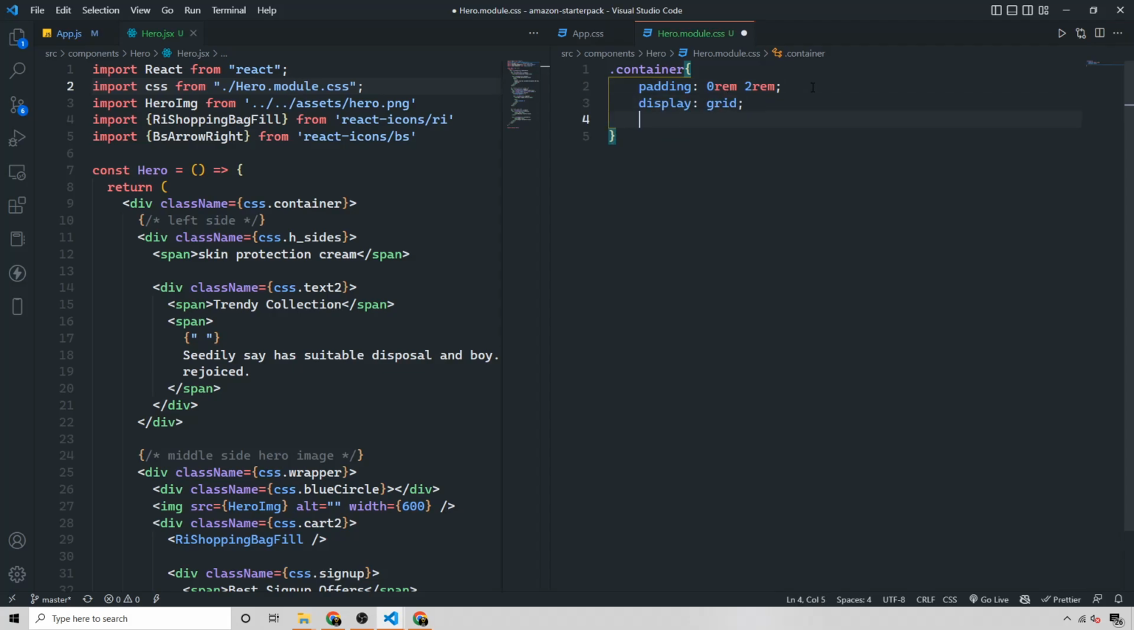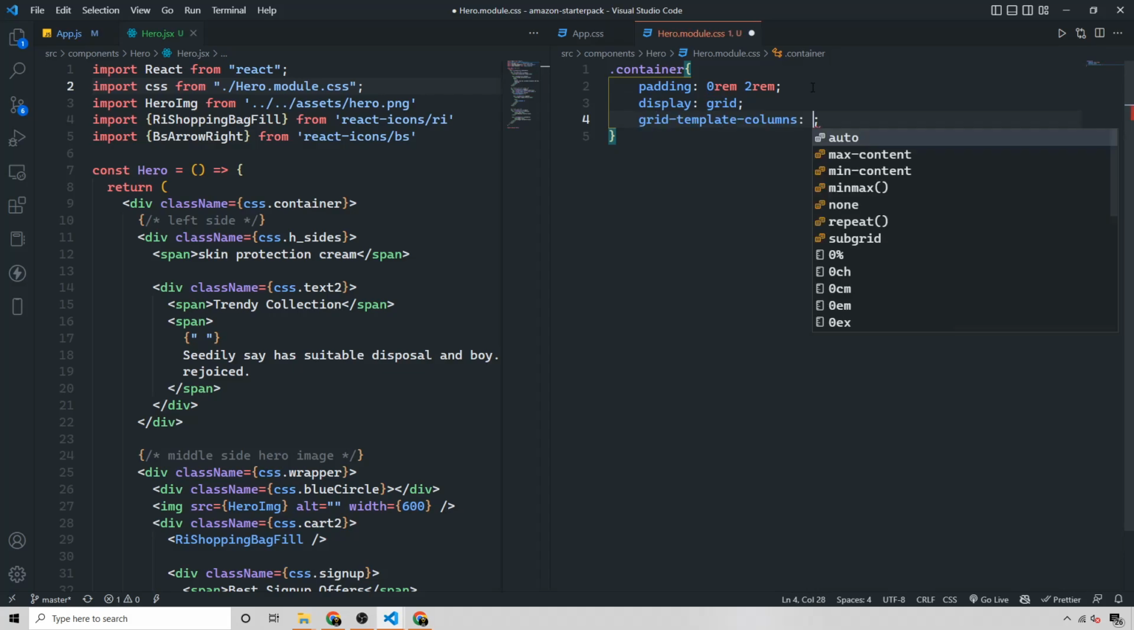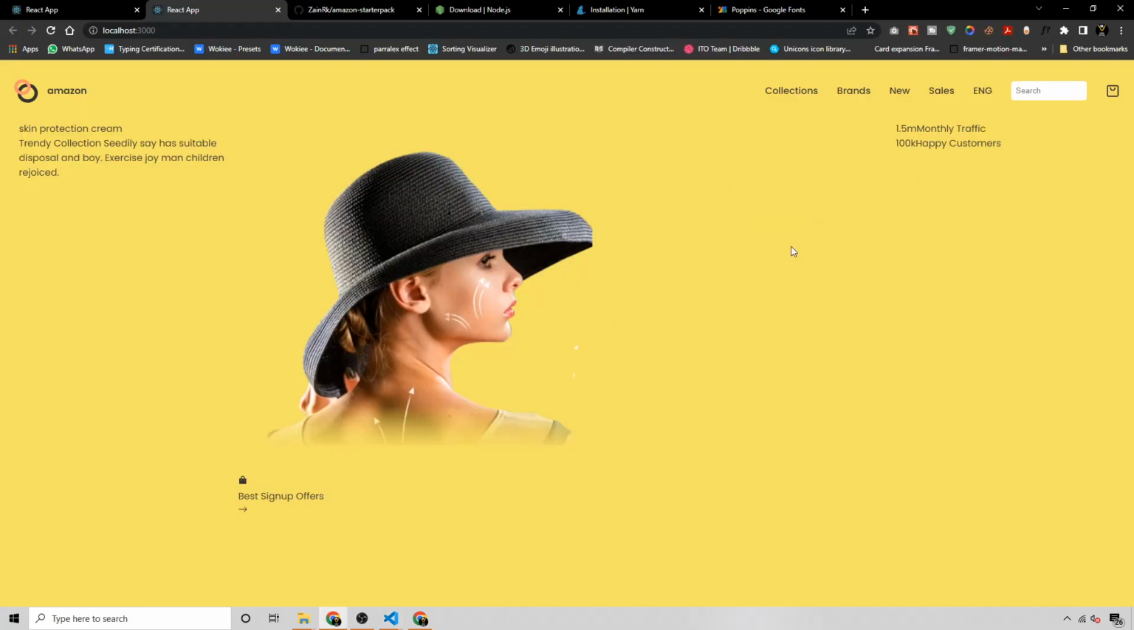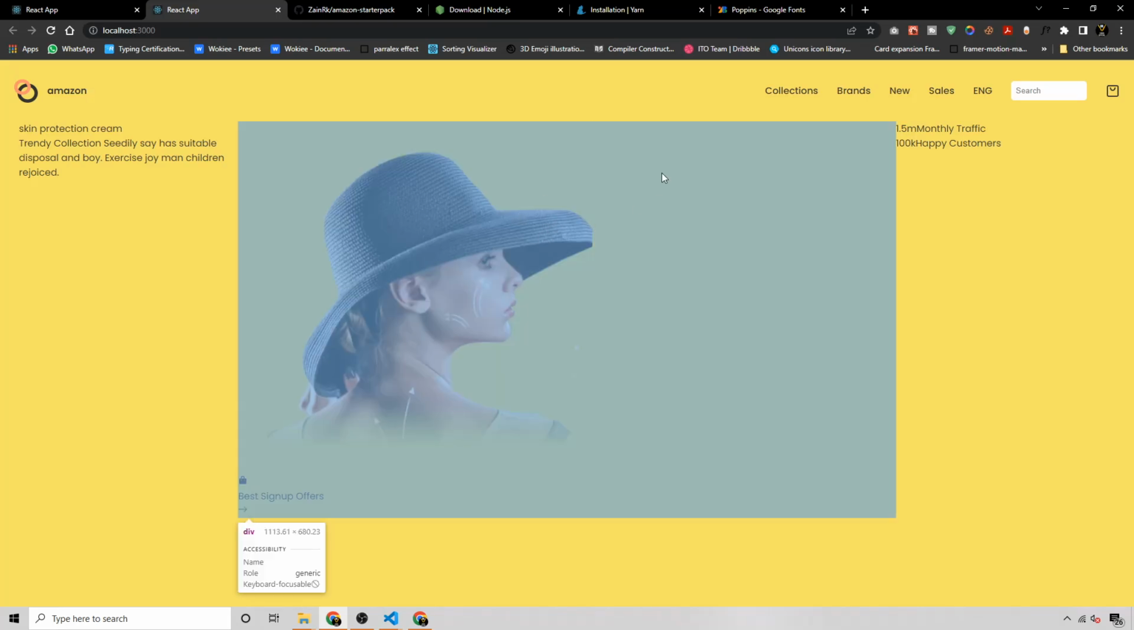Then the display grid with the grid template columns of 1fr, 3fr and 1fr. So it means the middle will contain three times the space of the other two portions, and these other two portions will contain their original spaces. If I move on and inspect this, you will have a